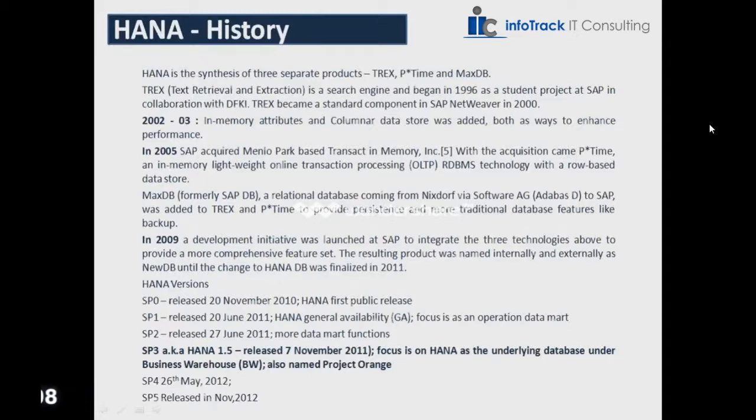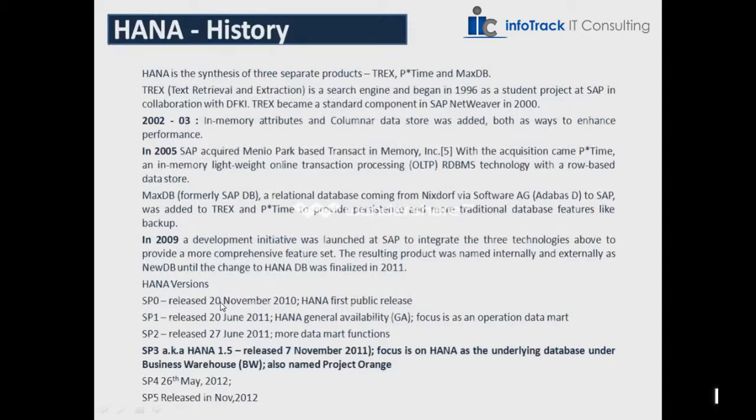And following are the versions of HANA released till now. SP0 was released in 2010. This was the first public release. SP1 was released in June 2011, with general availability.